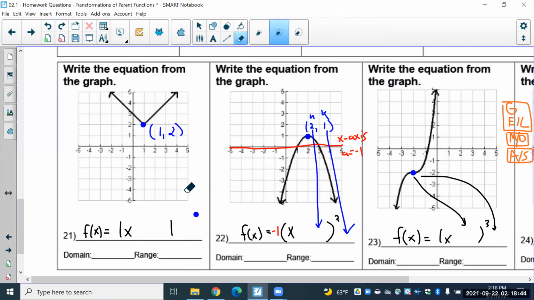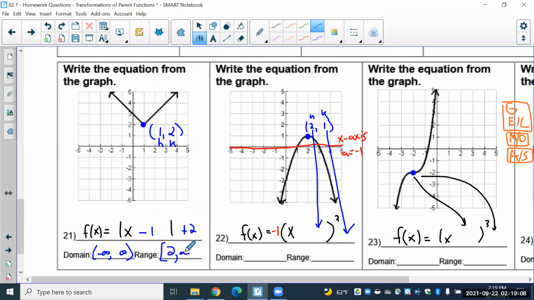Be careful with labeling your points. I mean, it's just super easy to mess that part up and then you get frustrated. So H is here and K is here. H is opposite, negative 1. K is exactly the same. Your domain from the first chapter is negative infinity to infinity. The range from the first chapter: you started at 2. It has a solid dot. It goes to infinity. And then you just continue that process. Please notice that this one is a quadratic and it's reflected over the x-axis, so you'll want to put a negative 1 there. Then you do your opposite H, K, the range,